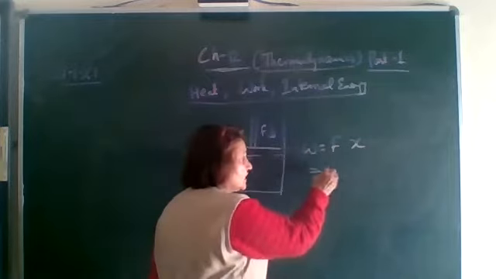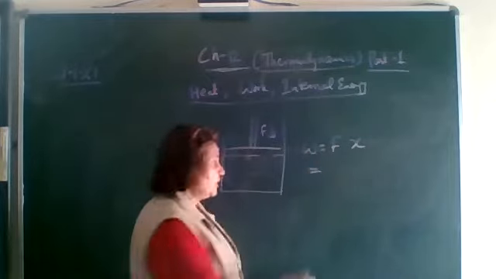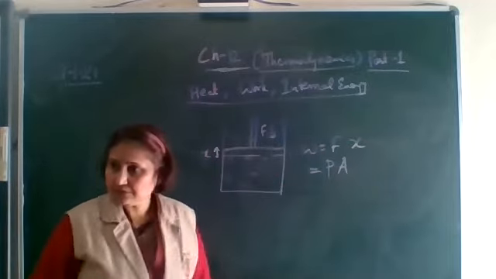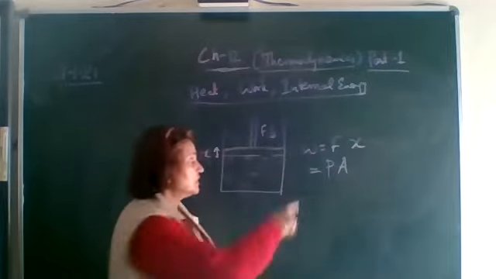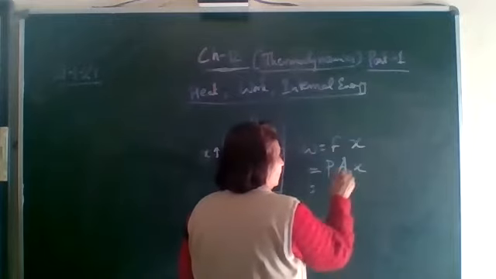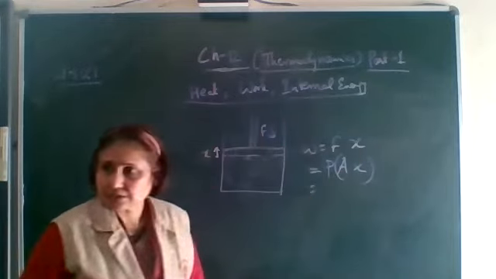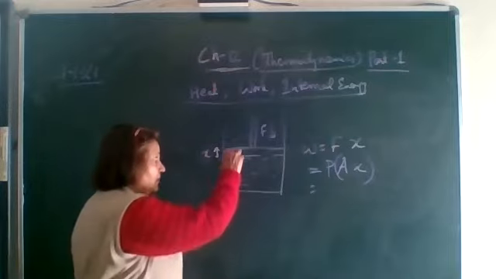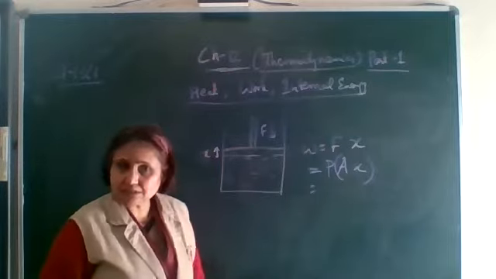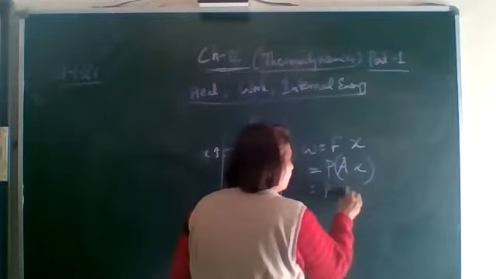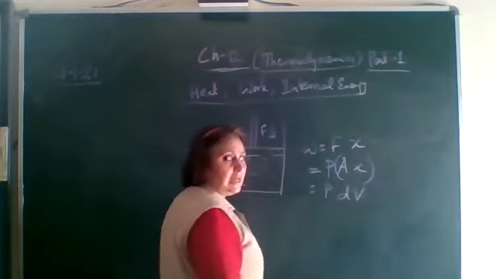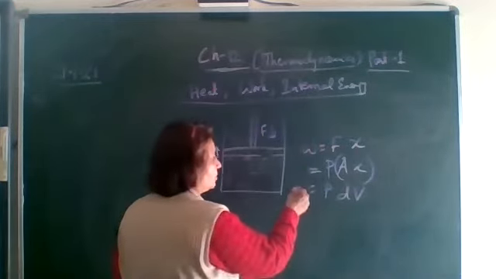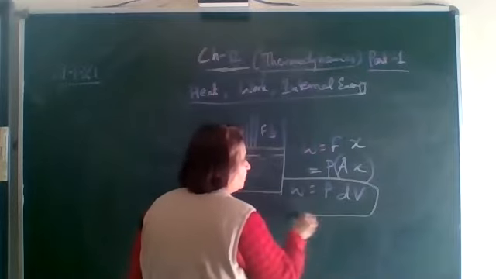Now this force is against the pressure, so it is equal to pressure into the cross-sectional area of the piston. Force is equal to pressure into area. What is A into X? This is the change in the volume. This much volume is compressed. So the work done is equal to P into the change in volume. Let the volume change from V1 to V2. So the work done is equal to P into